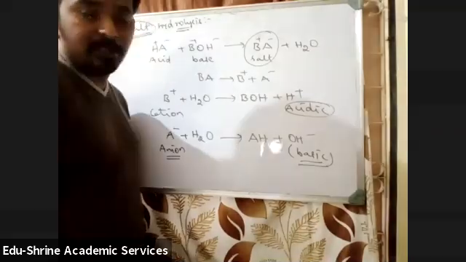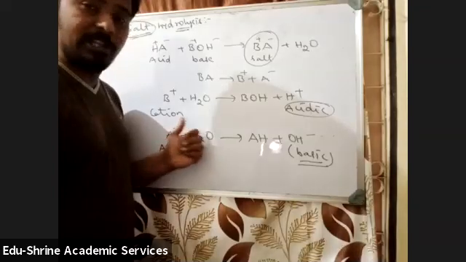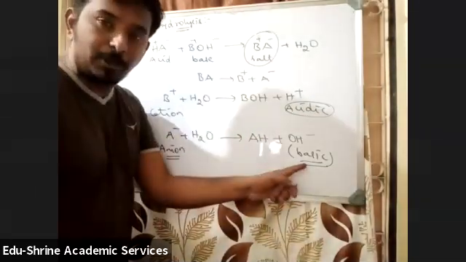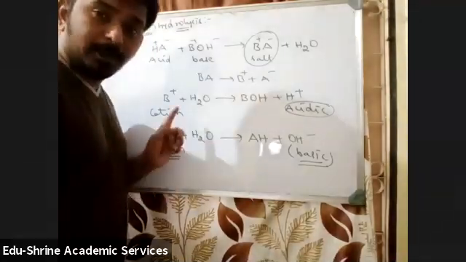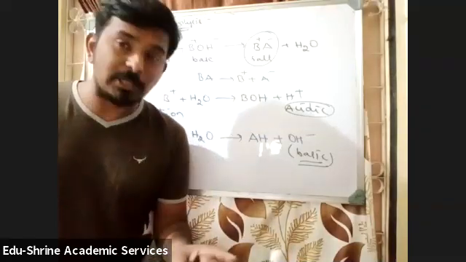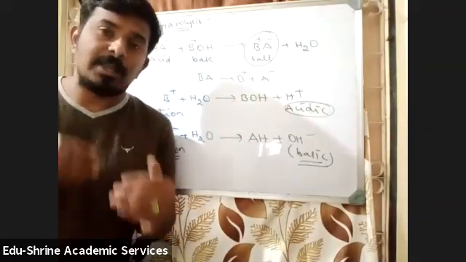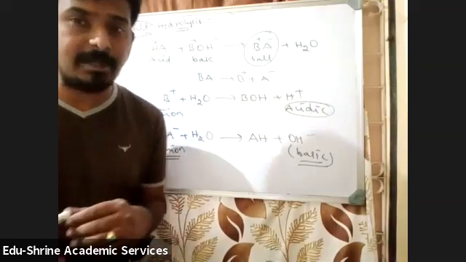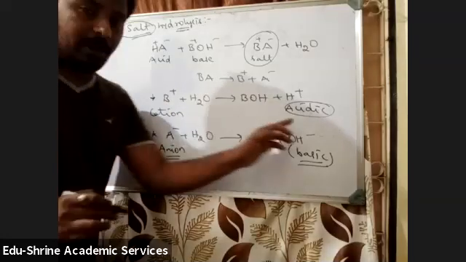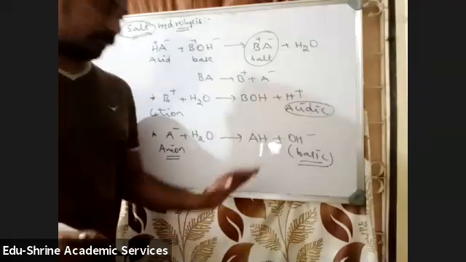Okay, so you need to revise the points from first PU. I am giving the theory points here. Cationic hydrolysis will always produce an acidic solution. Anionic hydrolysis will always produce a basic solution. If both of these are not undergoing hydrolysis, then the solution will always be neutral. If both are undergoing hydrolysis, then the nature of the solution depends upon the Ka and Kb values. So this point is important, students. First of all, cationic hydrolysis gives an acidic solution, anionic hydrolysis gives a basic solution. Write down this point first.